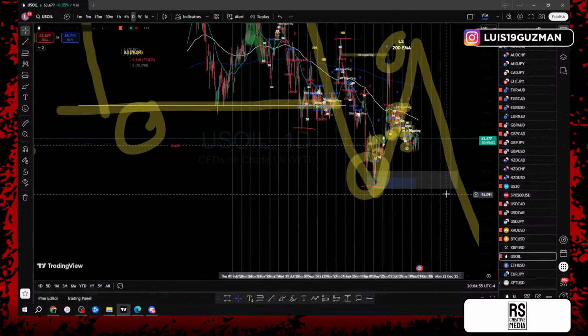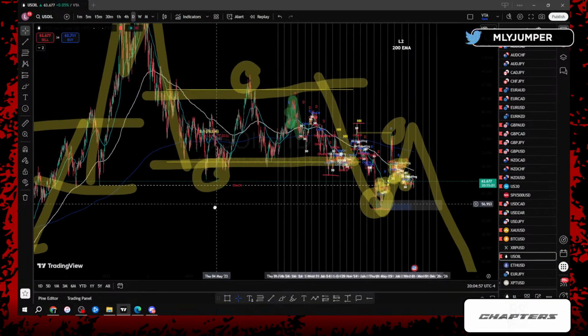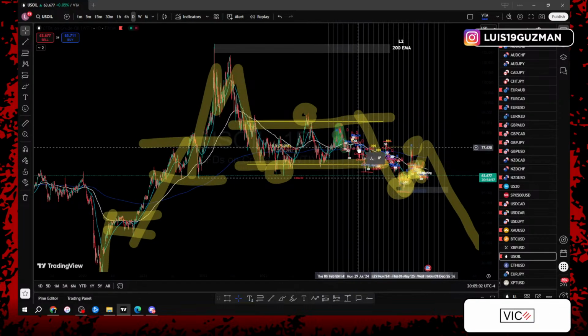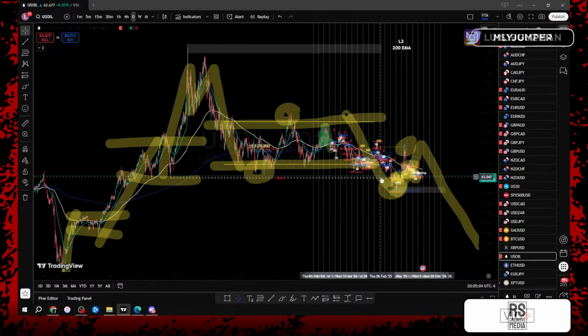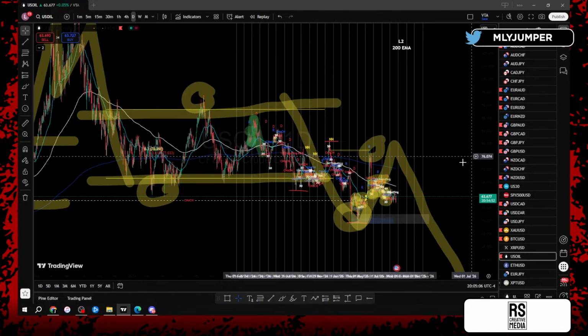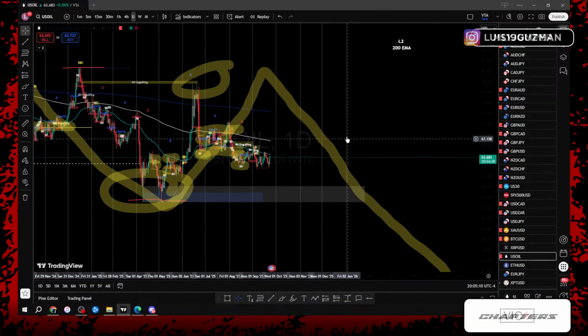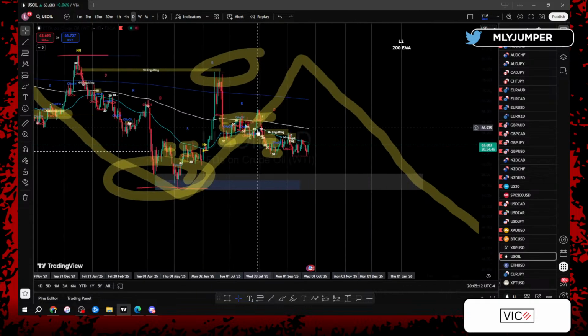Last but not least, US oil. We are in level 2 on a downtrend. We have push 1, first zone of consolidation. The start of push 2 that gave us the break, gave us the lower low point, gave us the lower high. And now we're looking for those continuation trades from the lower high going back down into the lower low.